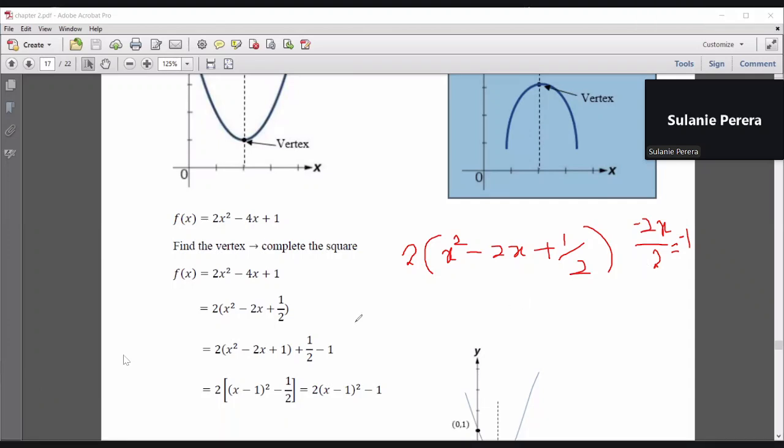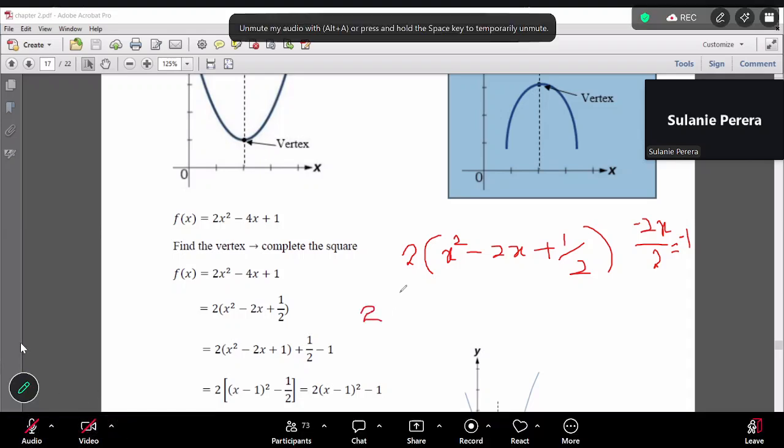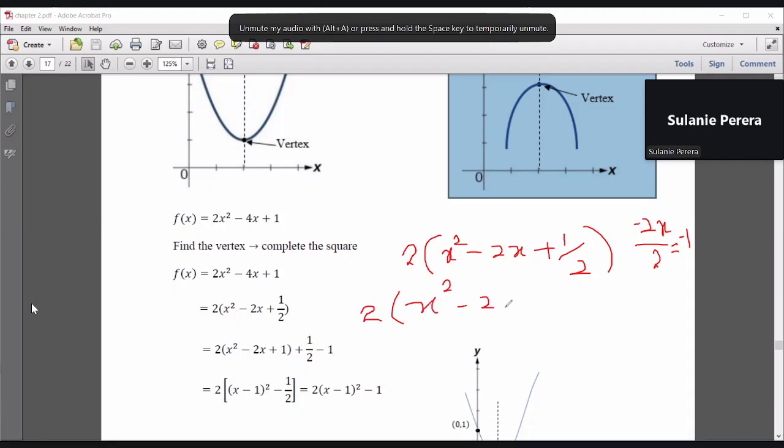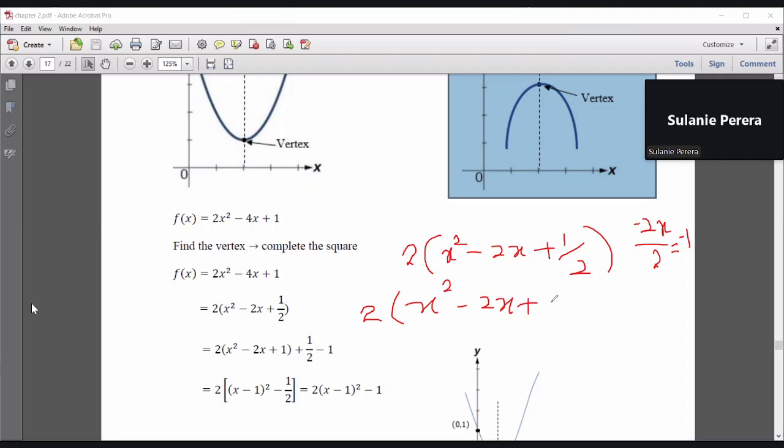Square it and add it. Right? Good. So we square it. One half. So if you square this, it's 1. So we add it. Then since we added it, I'm going to subtract it as well. I'll add it and I will subtract it. So now what do I do?